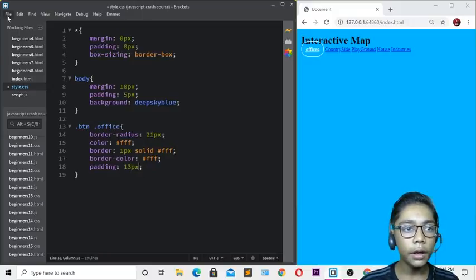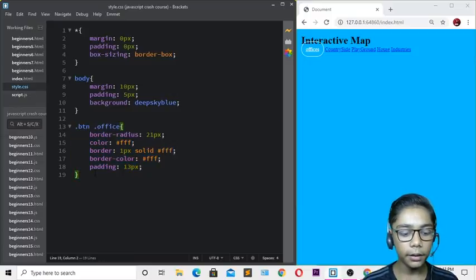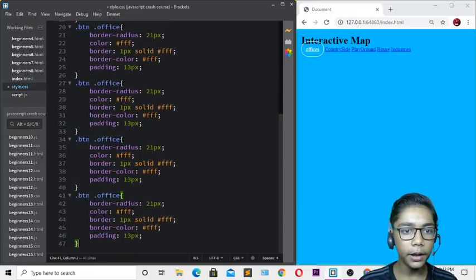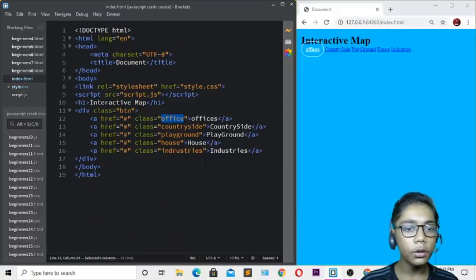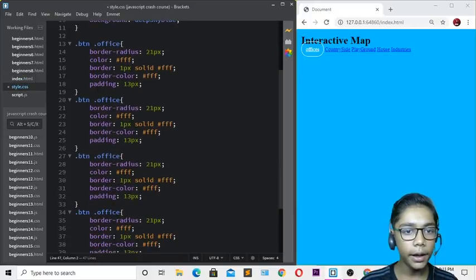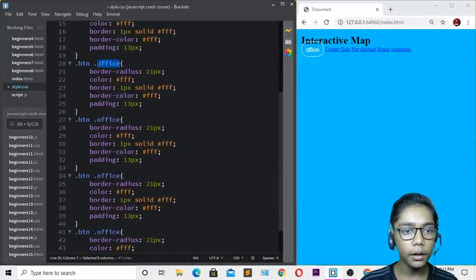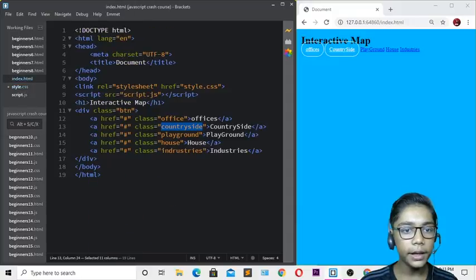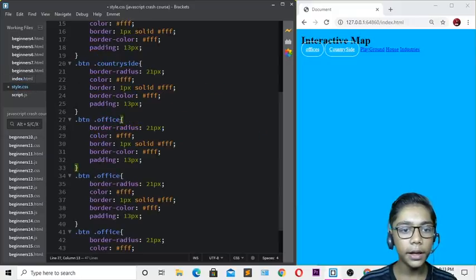So when you've done these all, I will be hitting save over here, and now I will be copy pasting that many times like I have written. So I'll be pasting that over here again. So over here I will be going to my index.html file, and I will copy this countryside over here, and now I will be pasting that over here also. Then I will copy this playground over here, Control Z, Control C, come over here, and I will be pasting that over here.